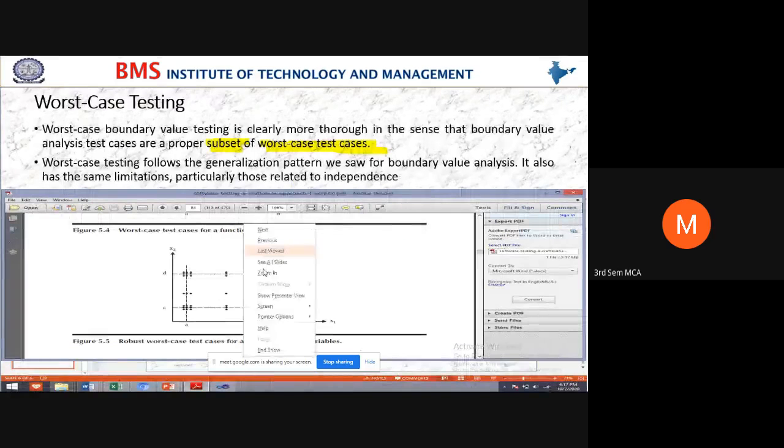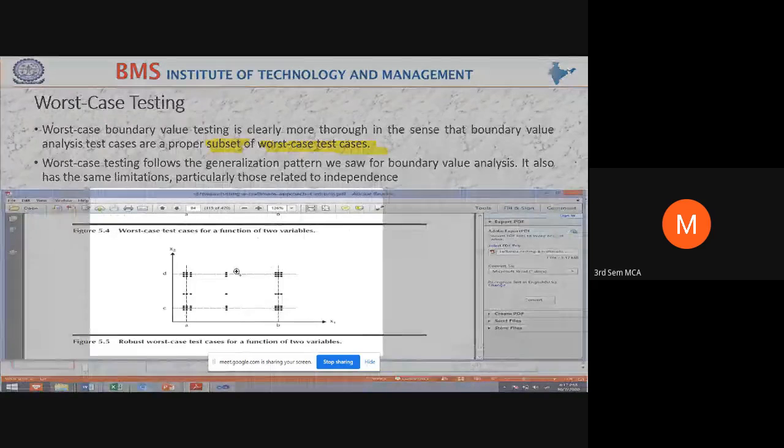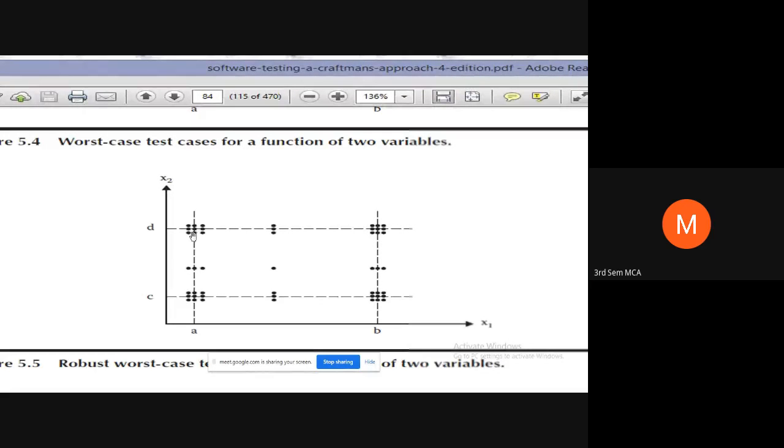But when you see the worst case diagram, even if we give values more than the boundary value, the program has to run. It should not terminate abruptly. The proper error messages we have to give in our program.